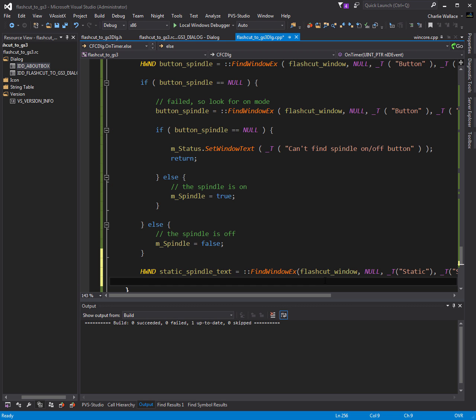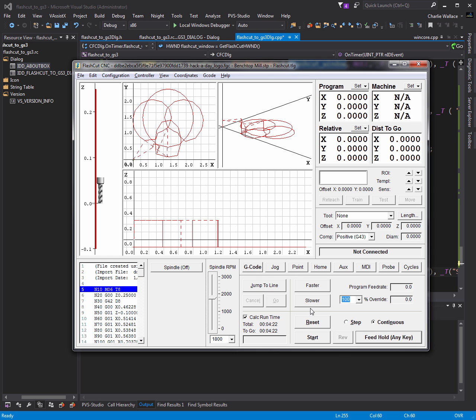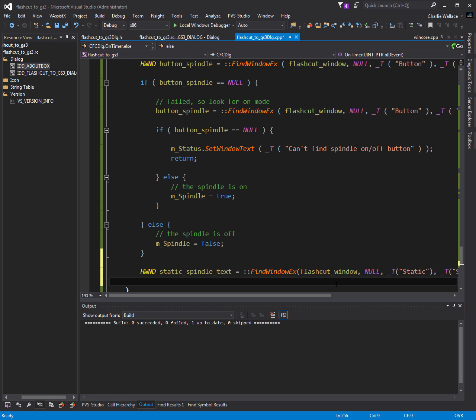Okay, so what we're saying here is iterate through the child windows, or sub windows, of this. I'm looking for this guy here where it says Spindle RPM. Now you can't change that, but obviously don't change it because then this wouldn't work. I mean, we could do other ways. This just kind of works. So let's make sure that